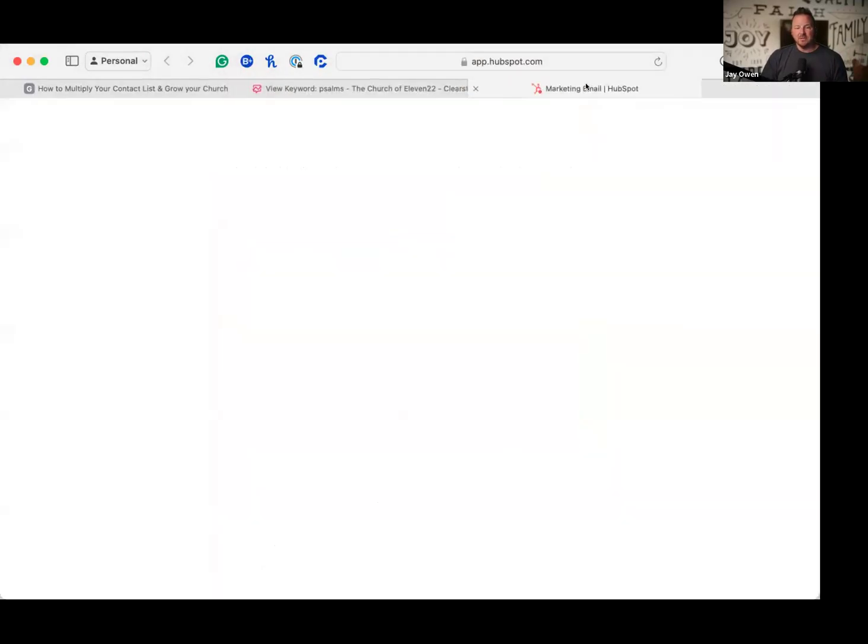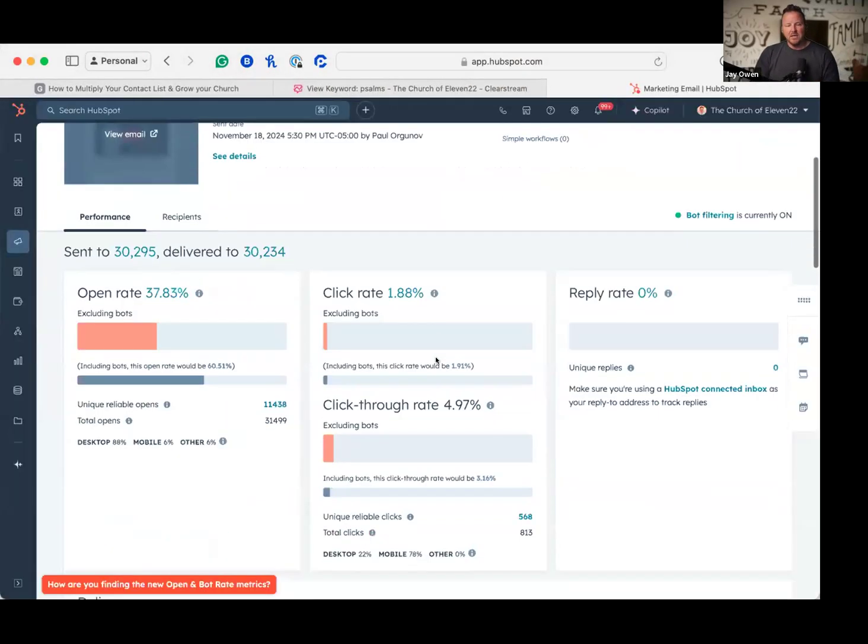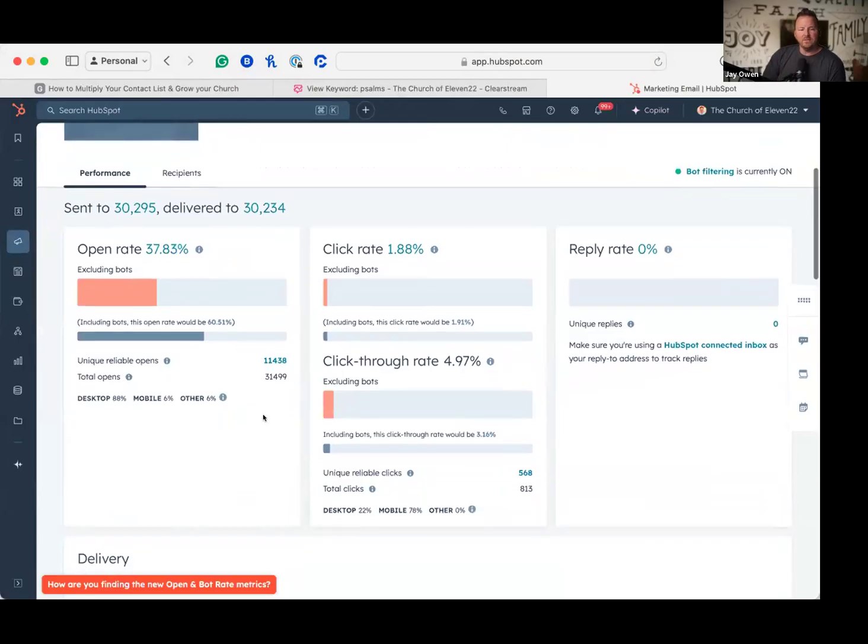We're sharing this email. It's going through HubSpot, and I can track it. And so now I want to see what this conversion rate's like. We sent it to about 30,000 people. 40% of those open it. Now,